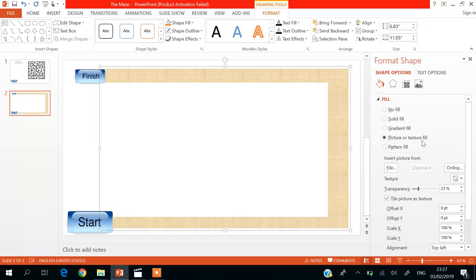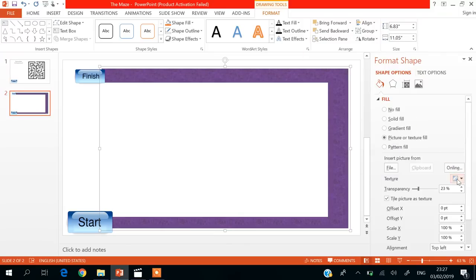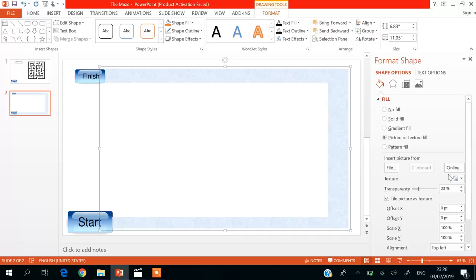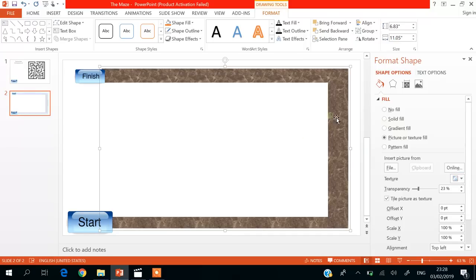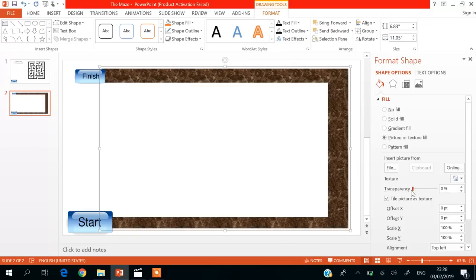Once this window appears, then I'm going to select a picture or texture fill. Okay, of course I can go down here and I can change it. I can change whichever one you need. Okay, you can change whichever one you think is the best fit for your game. Alright, let me choose this one here, yeah, and then I can change the transparency. Okay, I'm just going to leave it like this, a little bit bright, and once I do that, then I want to